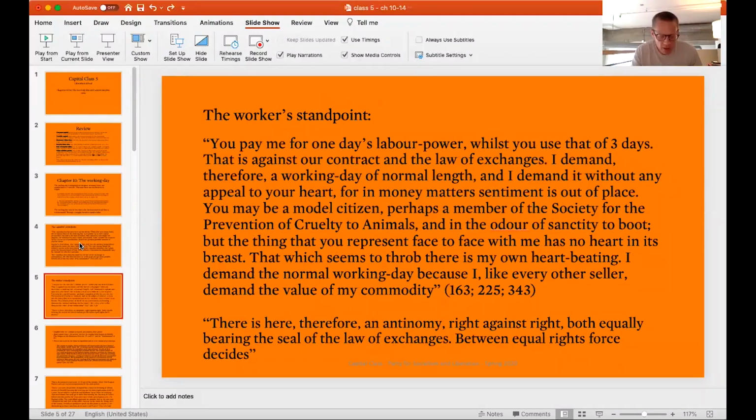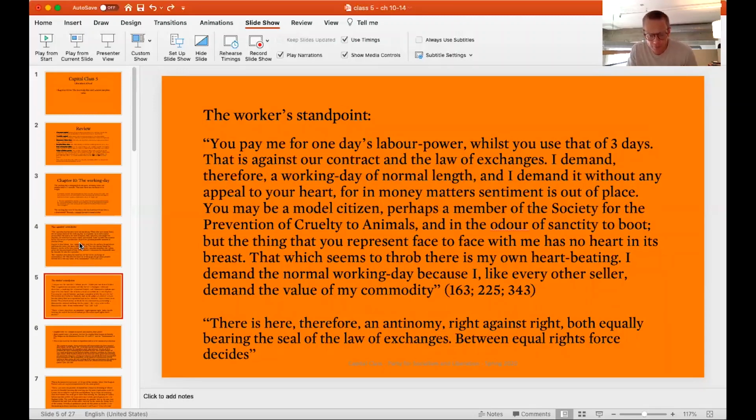The worker, on the other hand, says, okay, yeah, you bought my exchange value, you bought my use value, but my use value produces value. That's why you bought it. And it's located in my body. So you see a spontaneous expression of or increase in value, but for me, that means I'm expending more labor power, right? And this is going to impact my body, my life, my social relations, and all of this.